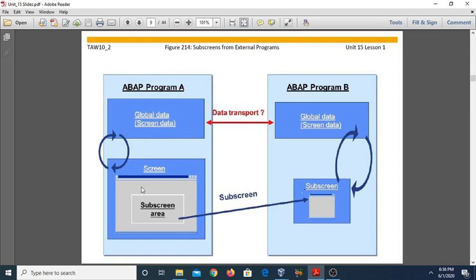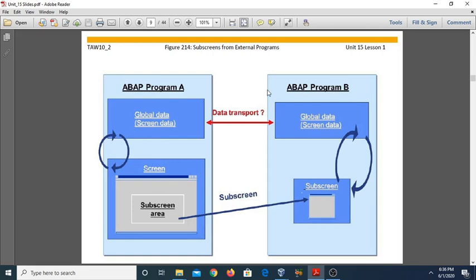In the previous slide I told you that once you are defining some data for this subscreen or subscreen area, you must use it as global data. The names of the variables that you are declaring for the subscreen as well as for the ABAP program must be the same.